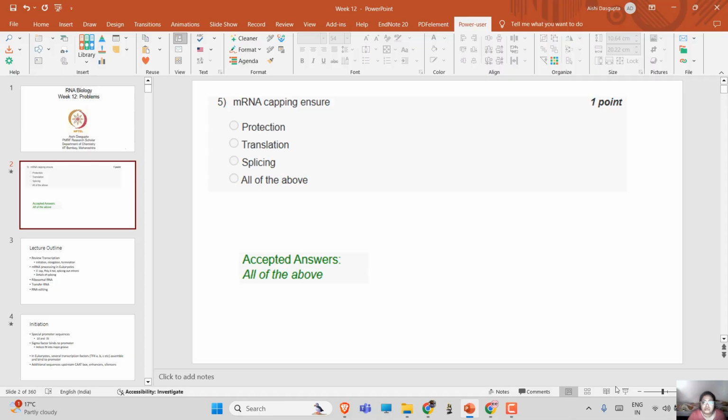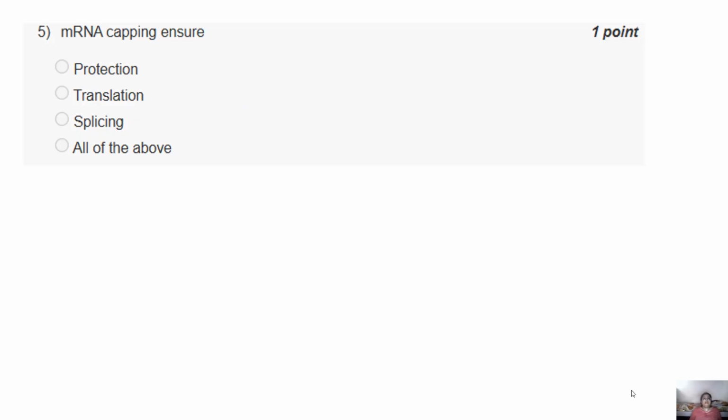Yeah. So the answer will be all of the above basically. So what is mRNA capping? We'll discuss mRNA capping right now. Okay. So